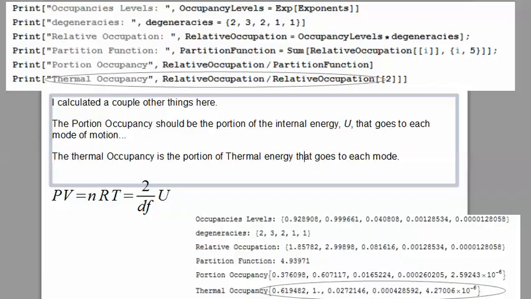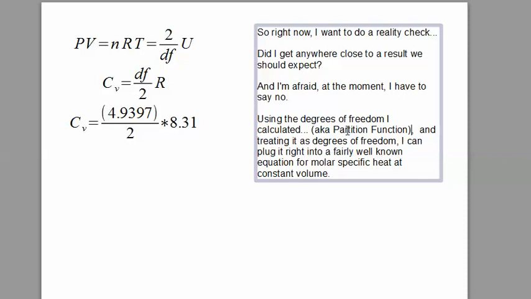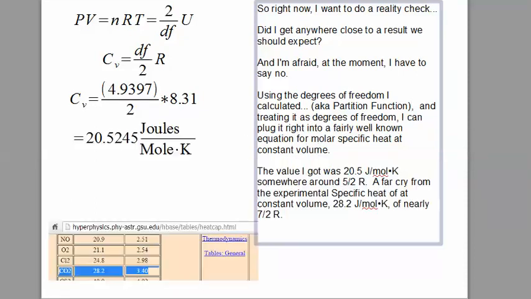So right now I want to do a reality check. Did I get anywhere close to a result that we should expect? And I'm afraid at the moment I have to say no. So using the degrees of freedom I calculated, 4.9397, also known as the partition function, and treating it as degrees of freedom, I can plug it into a fairly well-known equation for the specific heat at constant volume. The value I got was around 20.5 joules per mole Kelvin, somewhere around 5/2 times the universal gas constant. And this is a far cry from the experimental specific heat at 28.2 joules per mole Kelvin of nearly 7/2